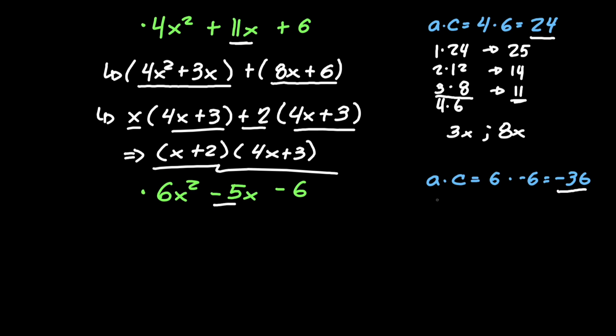The multiple factors of this would be negative 1 times 36, negative 2 times 18, I mean, negative 3 times 12, negative 6 times 6,